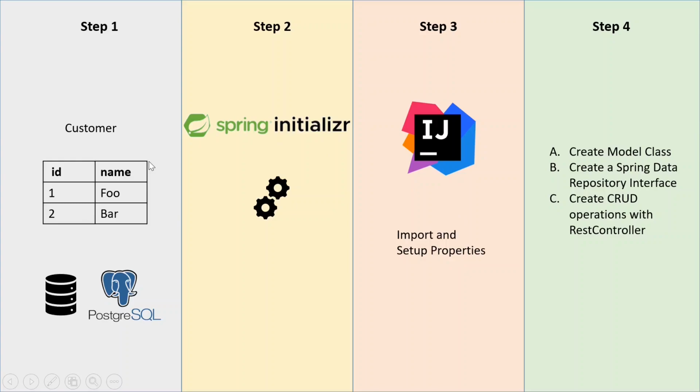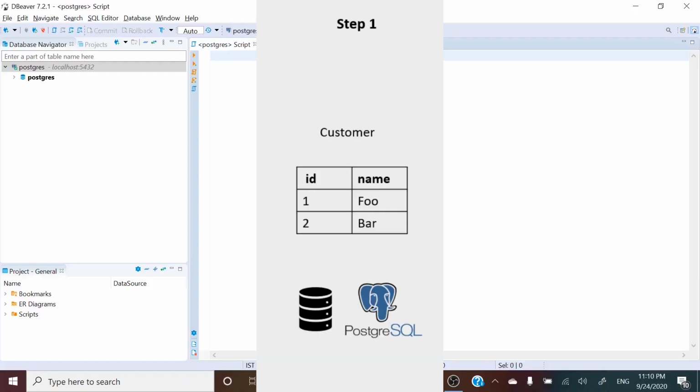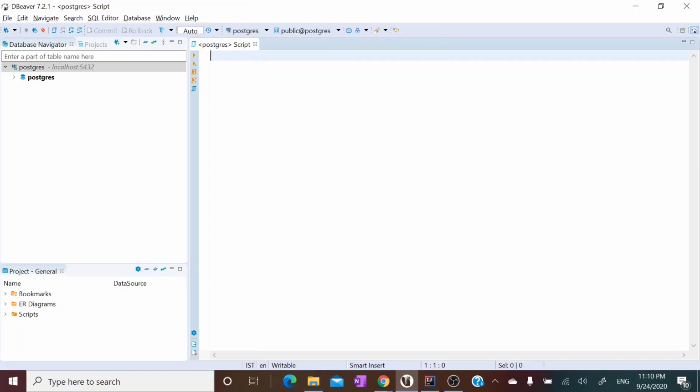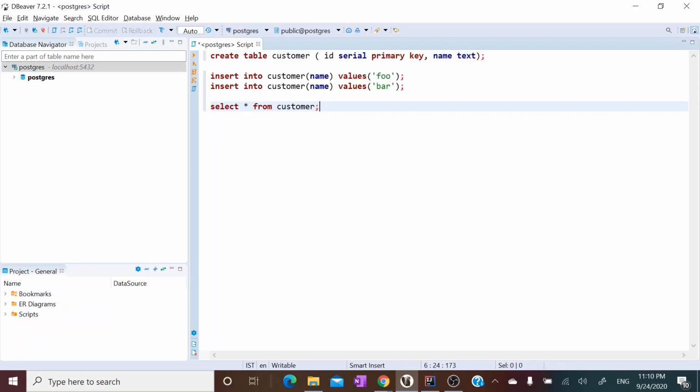So let's get started. Now our first step is to create a customer table in the PostgreSQL database. I have set up a PostgreSQL database on my local machine, and I have connected to it using DBeaver as a SQL client. I'm going to simply paste the script here to create a customer table and insert some values into it.